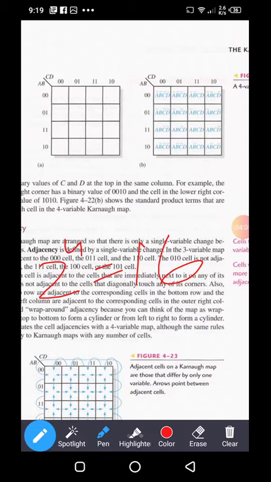Now here is 4 variable Karnaugh map. There are 4 rows and there are 4 columns. Why? Because variable A, B is written below the diagonal line. Here is the diagonal line.